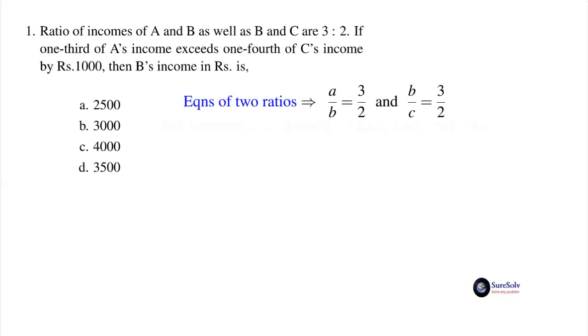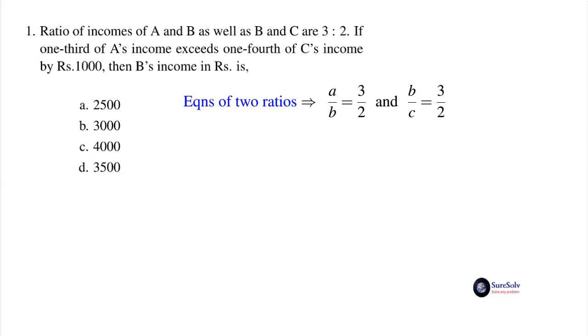The equations for the two given ratios are then A by B equal to 3/2 and B by C equal to also 3/2. We need the value of A by C as the first linear equation because we'll get the second linear equation from the second given condition that also relates values of A and C. Next we'll solve for C from these two equations, and finally, using this value in B by C equal to 3/2, we will get the value of B immediately. This is our problem solving strategy.